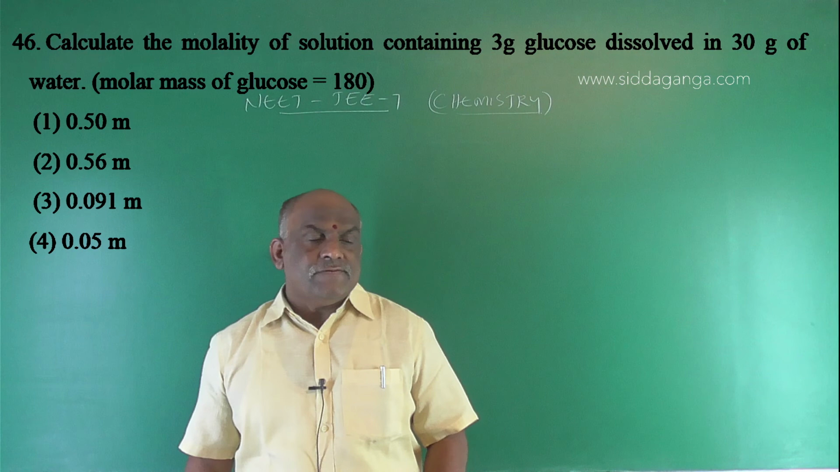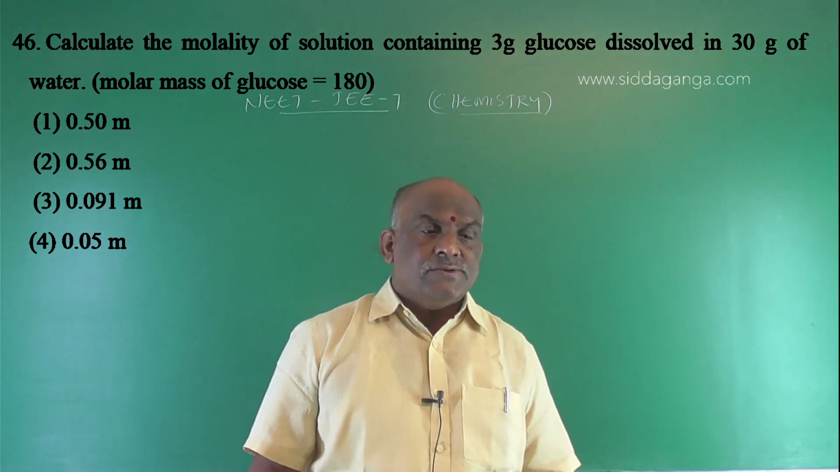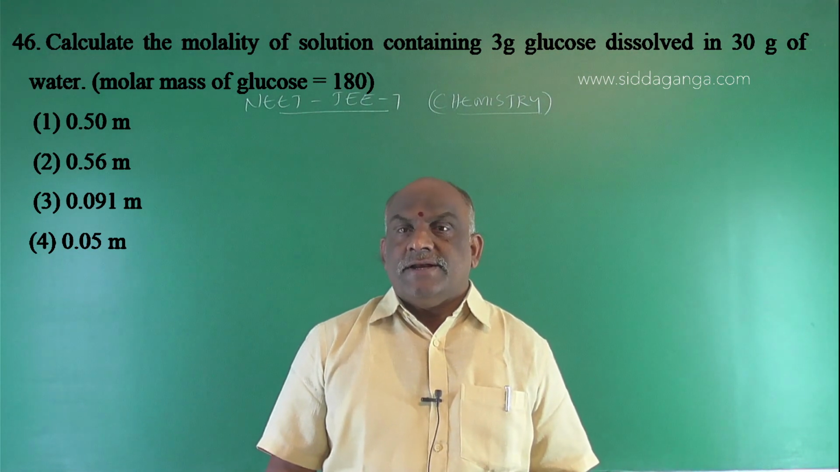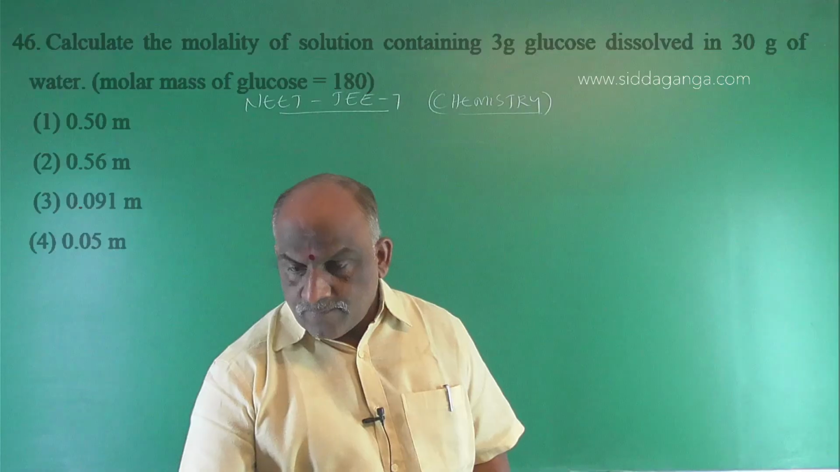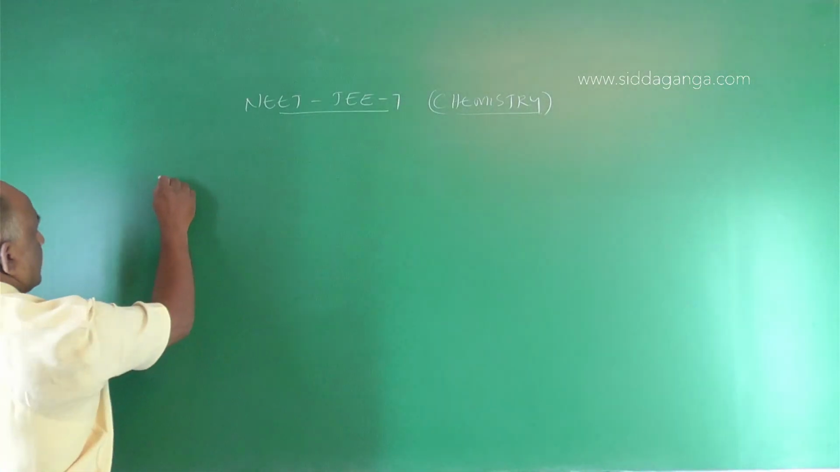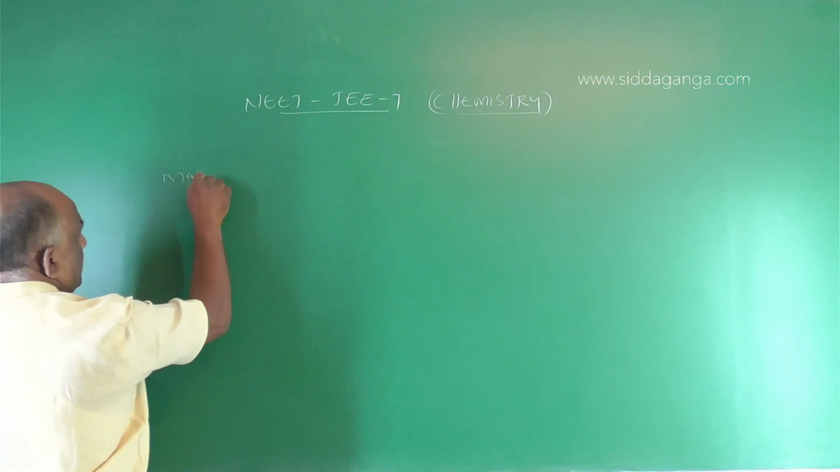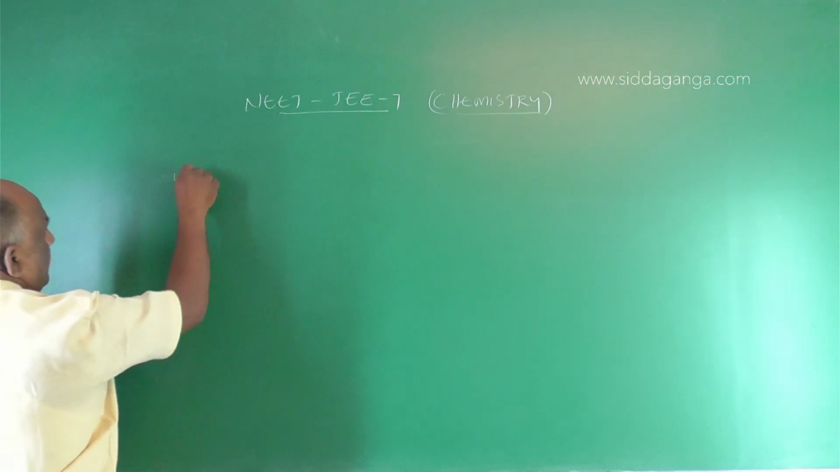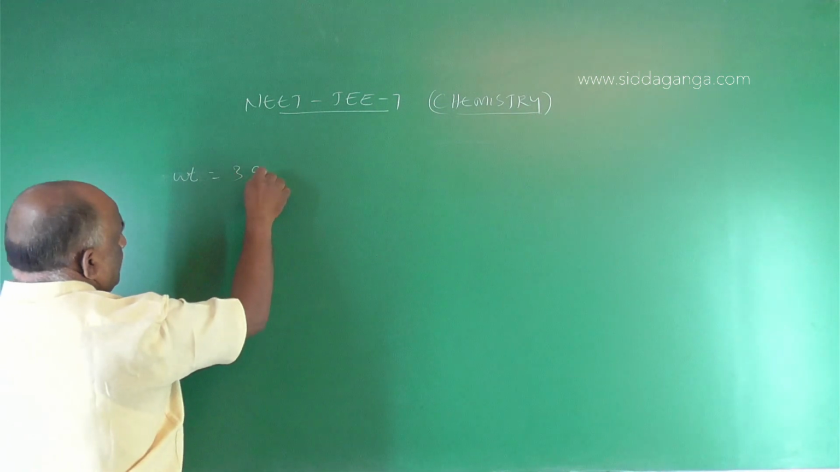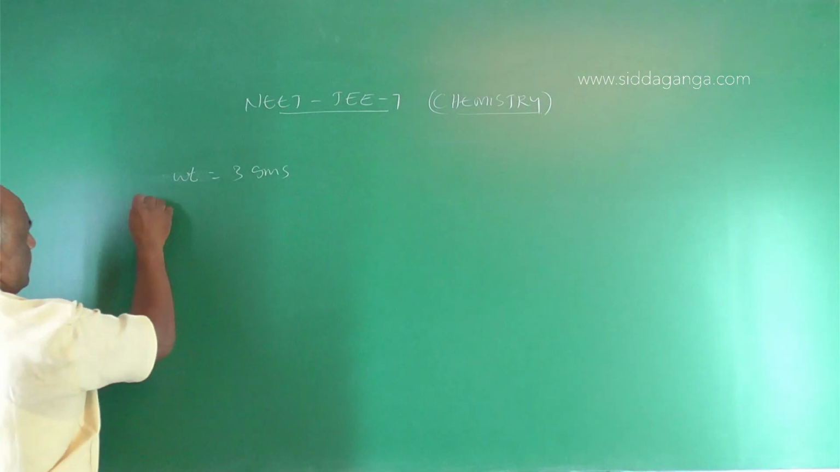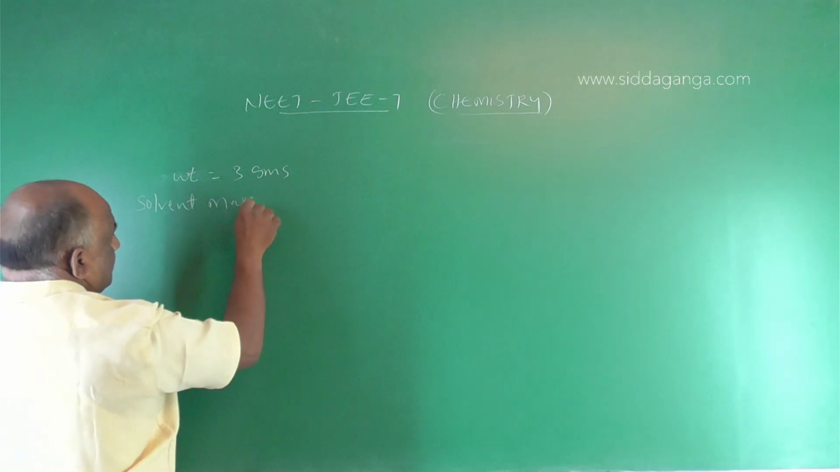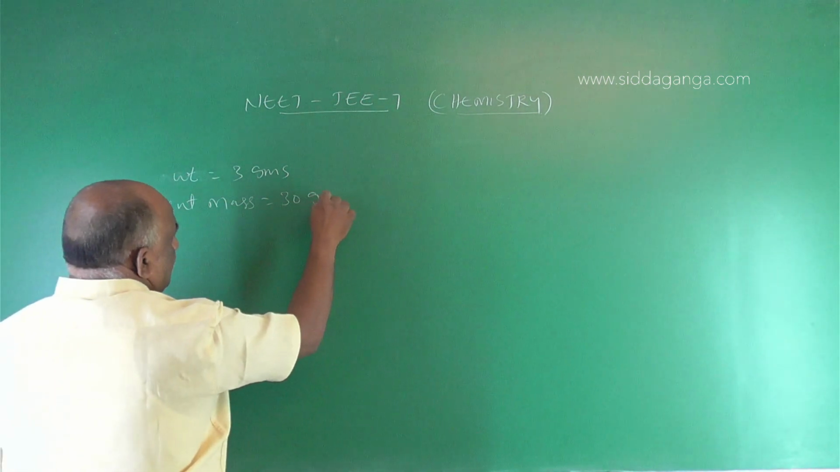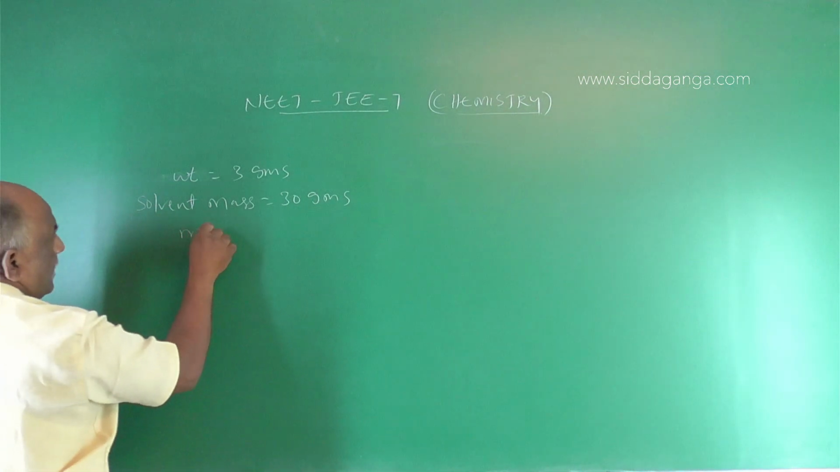Calculate the molality of a solution containing 3 grams of glucose dissolved in 30 grams of water. Weight given: 3 grams. Solvent mass given: 30 grams. We have to calculate